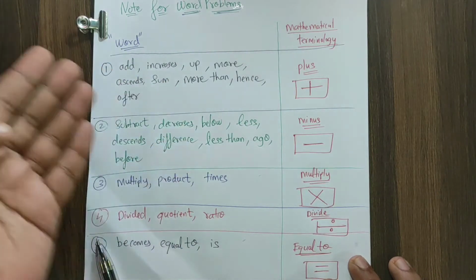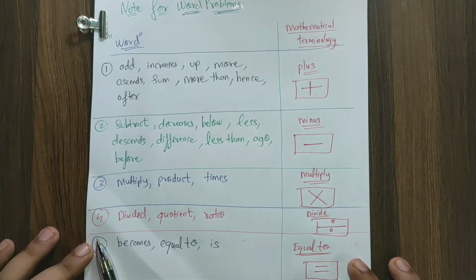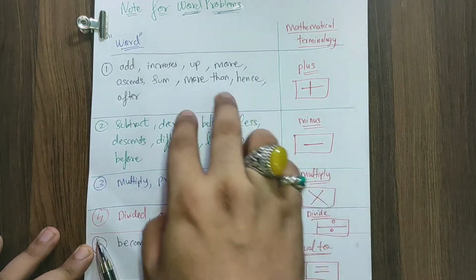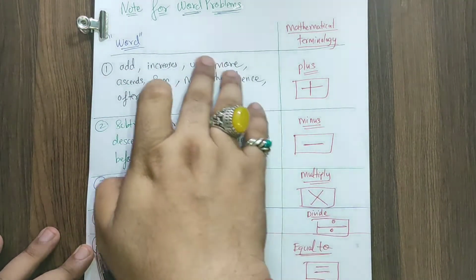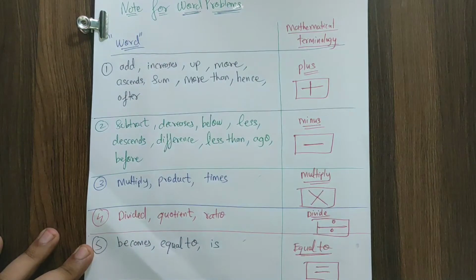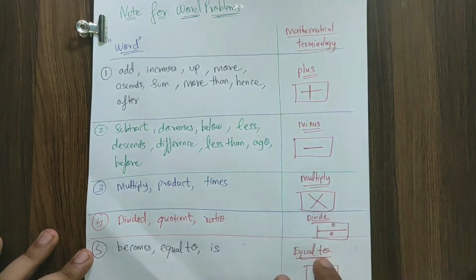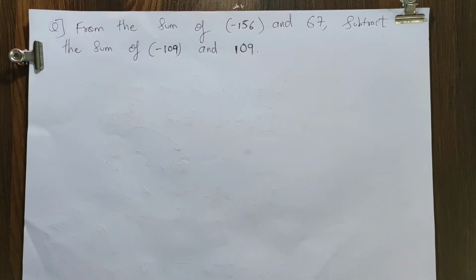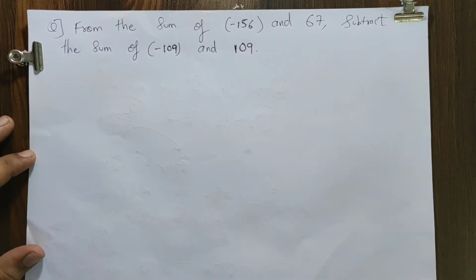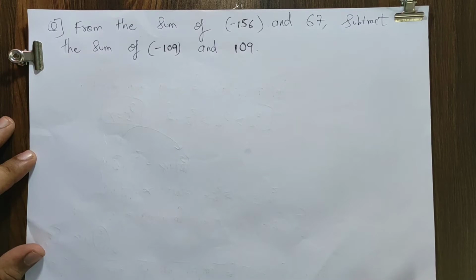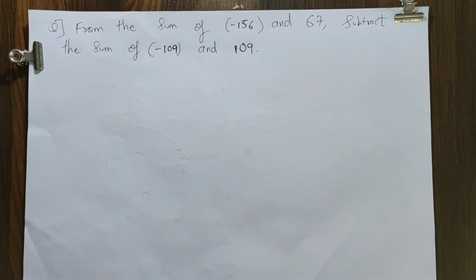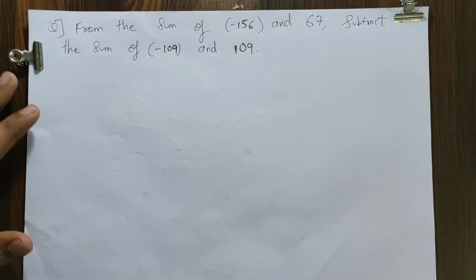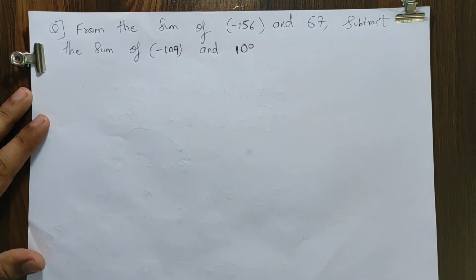This is not the answers of any social studies question that you have to memorize all the words. When such type of words or its synonyms come, then it means plus. Pause the video please, all of you, and draw this table. Then let's proceed with the word problems. Students, now a question in front of you. So after writing the very important note about what mathematical terminology to write when the English statements are there, let's start with our word problems, all of you.